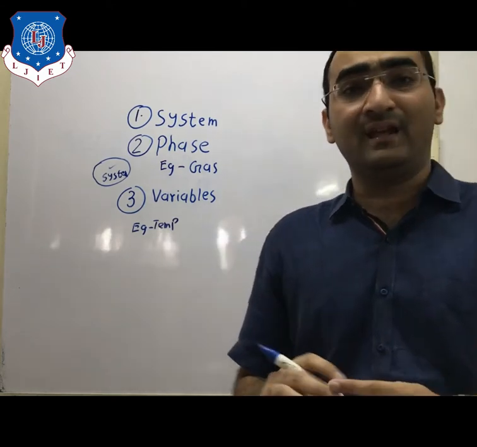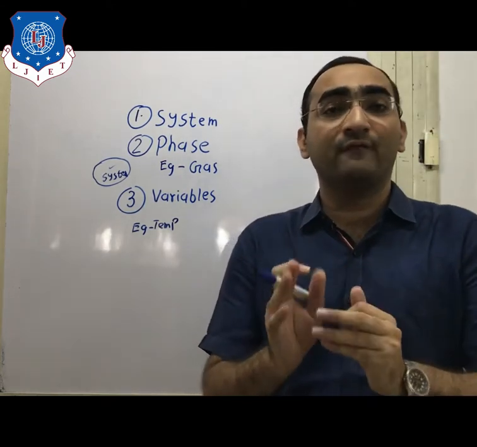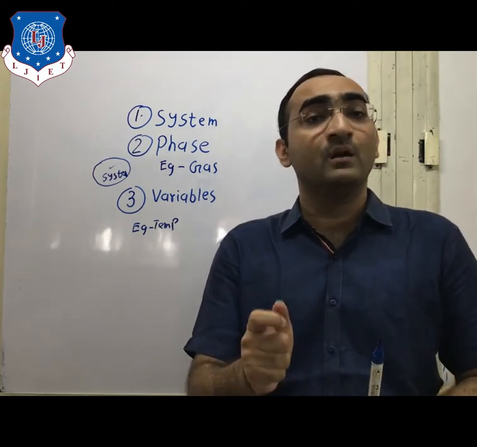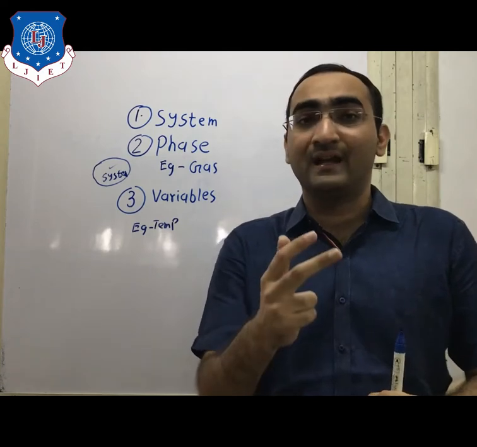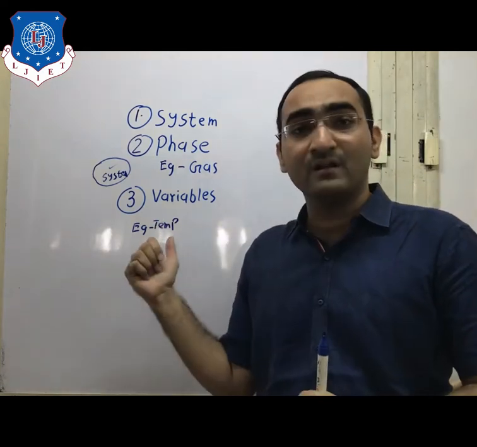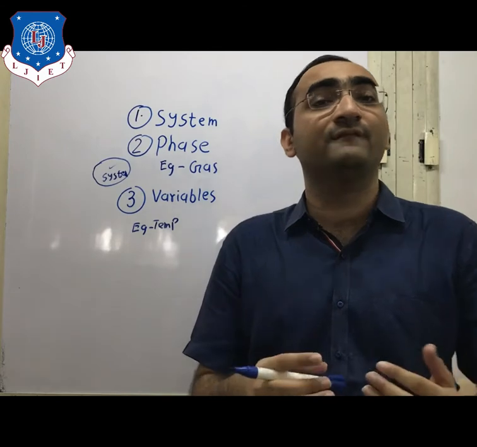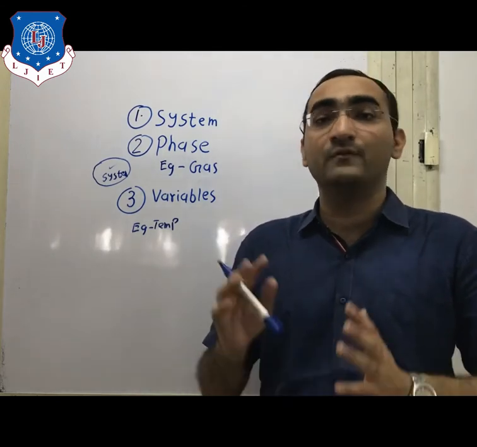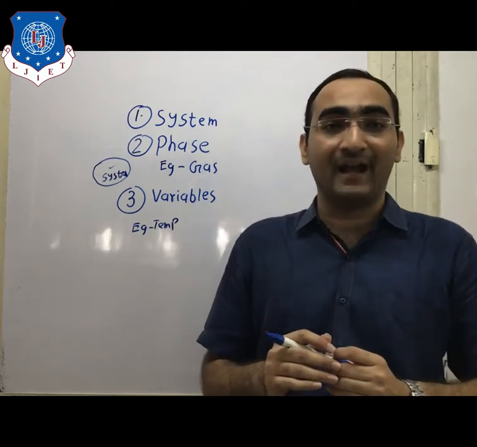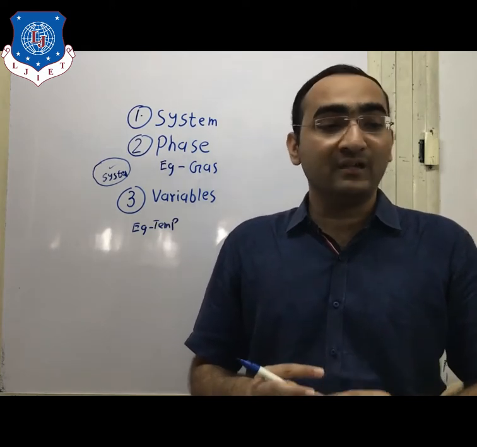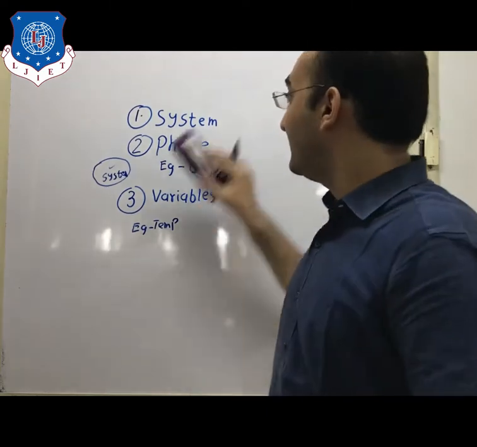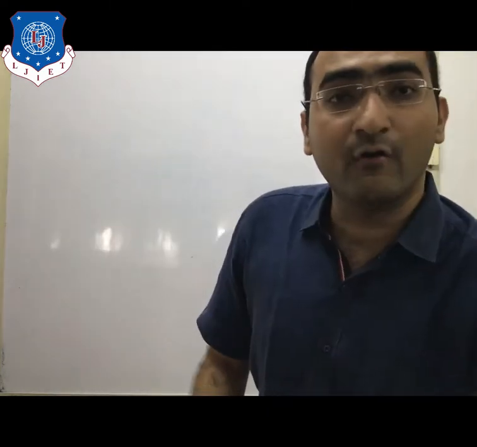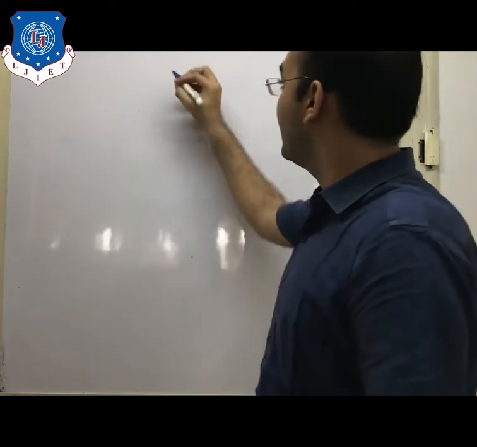So for the phase diagram, there are three things: first, the system, meaning which system we are using; second, the different variables which affect the system on which we are working. These are the important terms which are used for the phase diagram. Clear? Now let us move forward to the next part, that is known as the Gibbs phase rule.